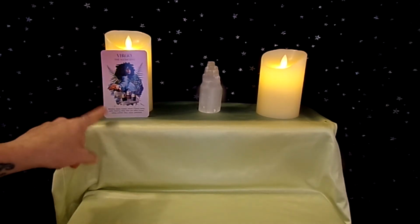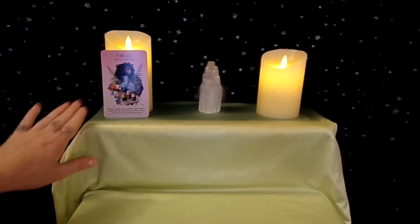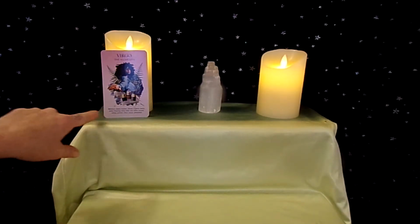But this is going to be really, really heavily impacted by the house placement. So a Virgo South Node in its home of the 6th house is going to be really different than a Virgo South Node in the 11th house, right? So that's just something to keep in mind. This is going to be a little bit different for everybody just based on your house placement. But the biggest thing I'm picking up on is